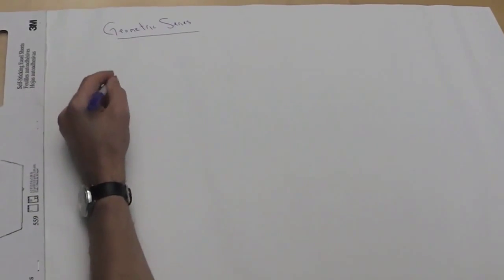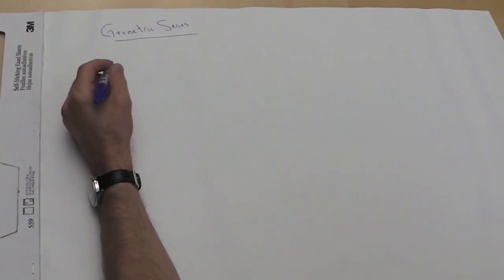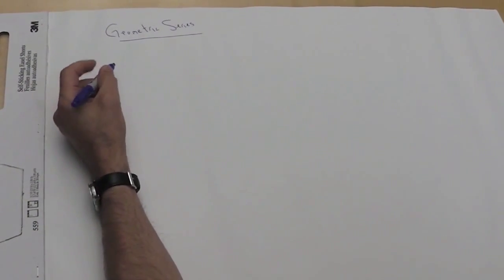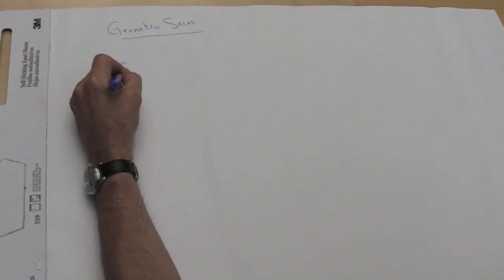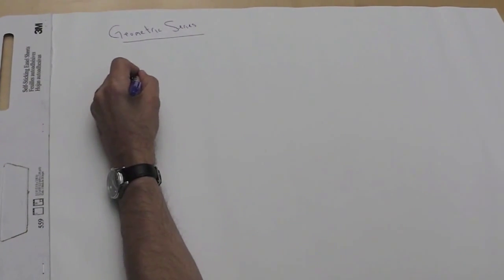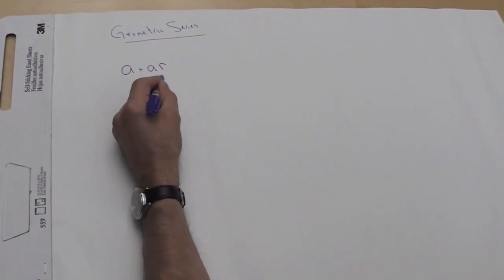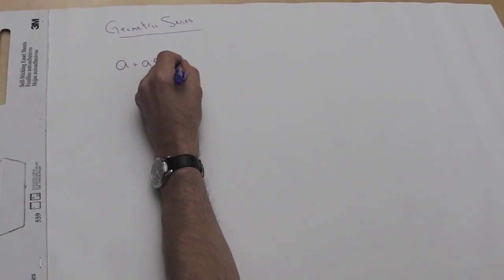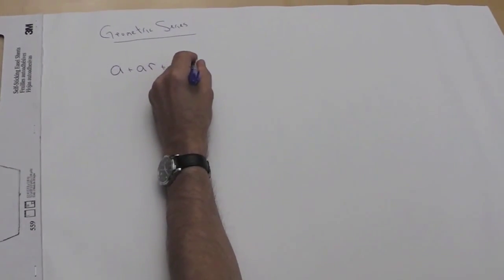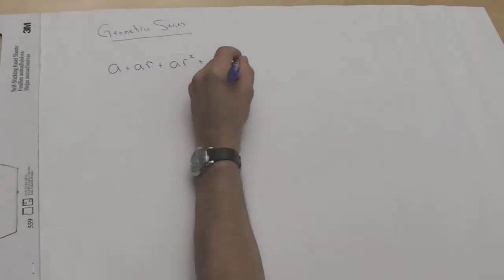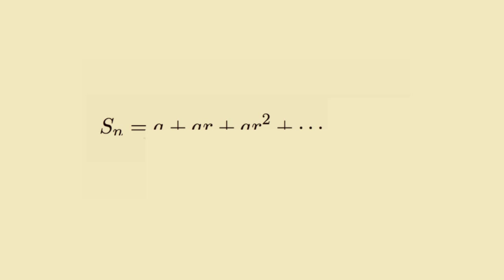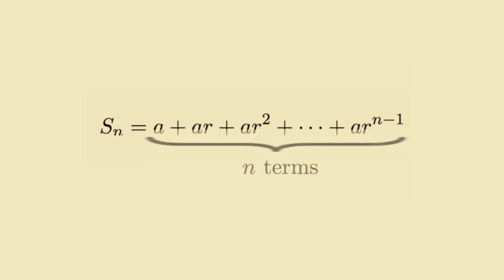So a geometric series, remember, is a series where each term is a constant multiple of the previous term. If we call the first term a, then the next term would be ar, where r is the constant multiple. The next term in the series would be ar squared. And this would continue all the way up to a times r to the n minus 1. The reason I want to stop at n minus 1 is because I want there to be n terms